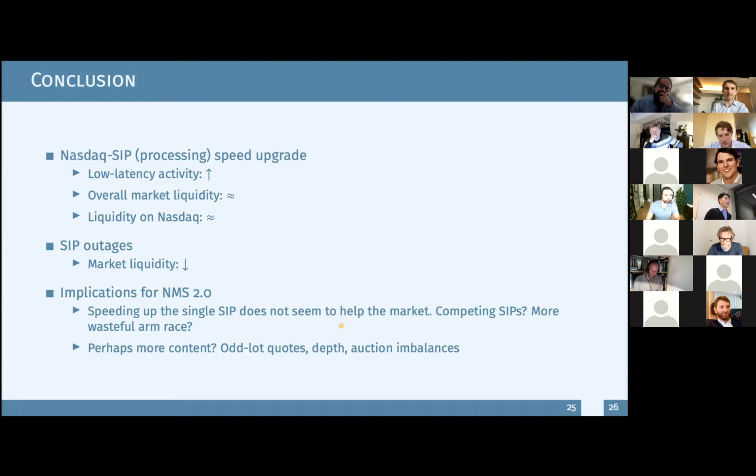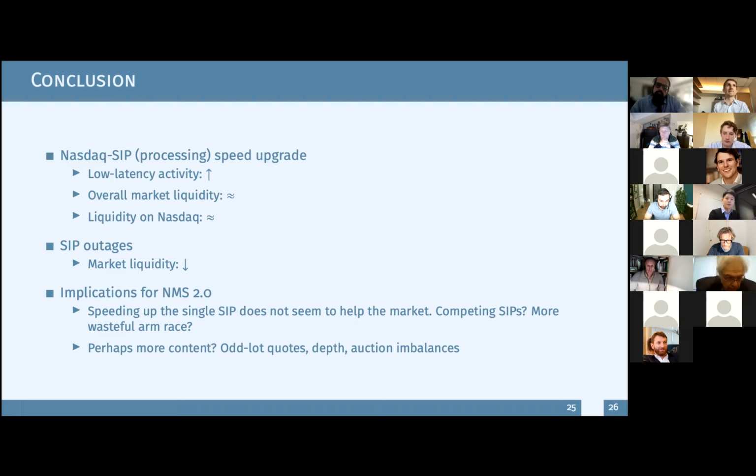That's why I'm thinking that, because one proposal in Reg NMS 2.0 is having competing SIPs. Now we have a centralized system for the SIP. All NYSE stocks report to the NYSE SIP, and all NASDAQ stocks report to the NASDAQ SIP. The new proposal thinks we should have more of a market solution to the SIP. So say we have multiple competing SIPs, and then you solve the geographic latency inherent in the current centralized system.